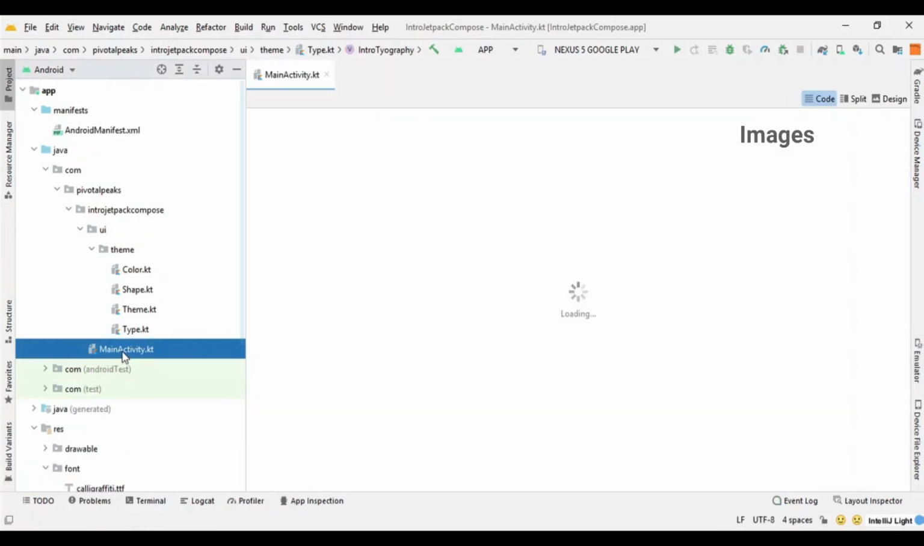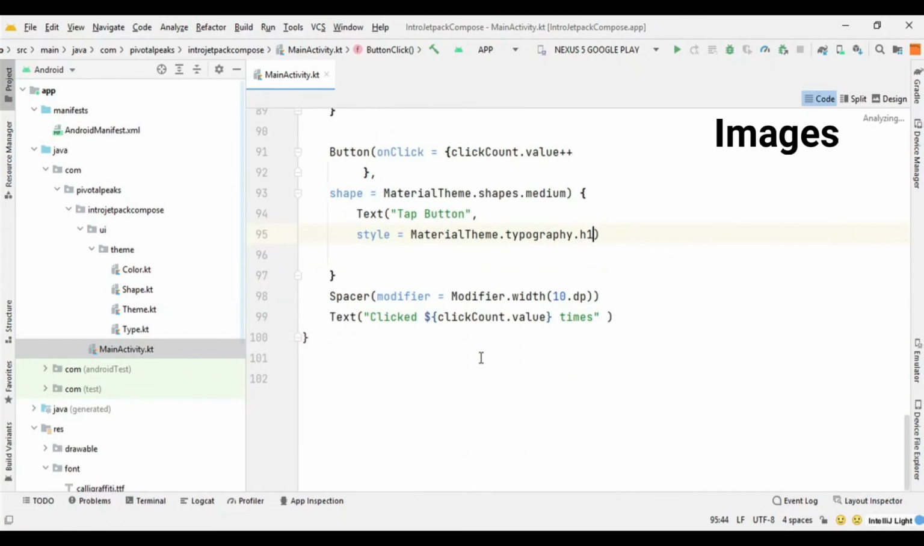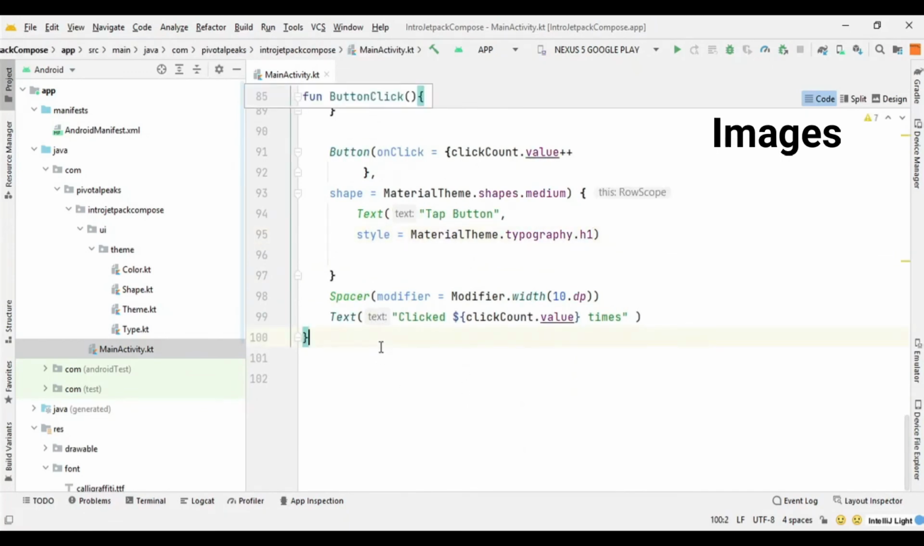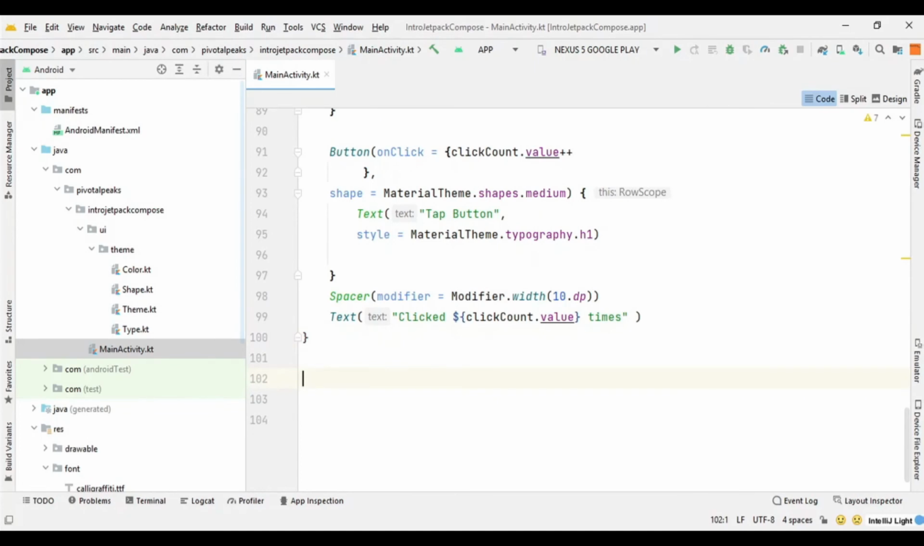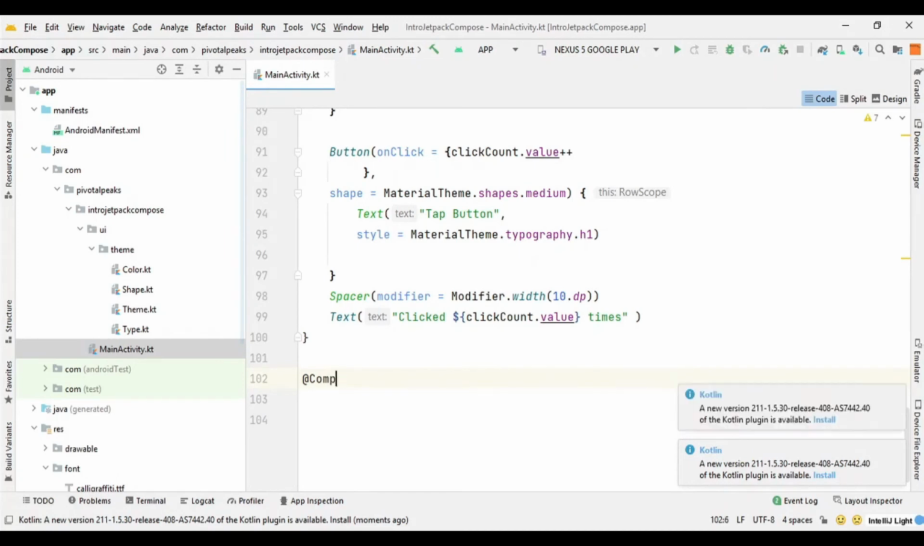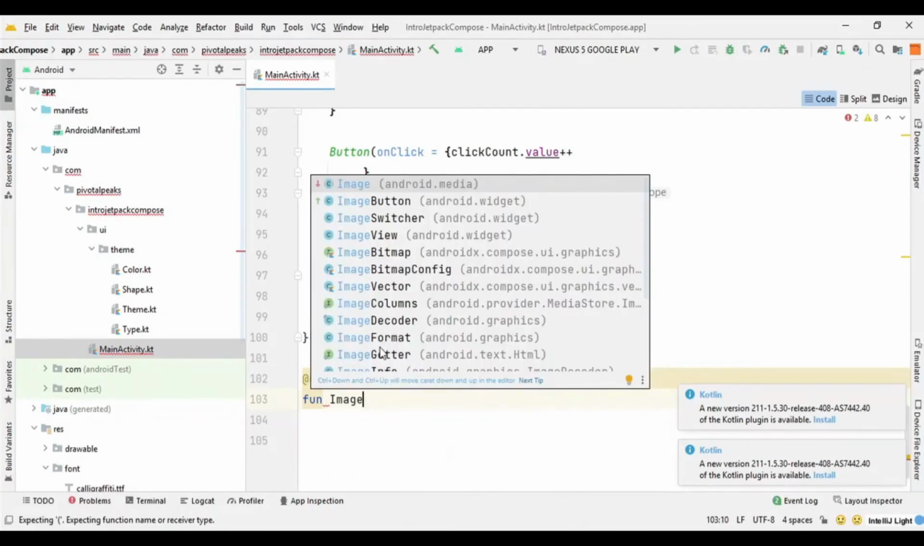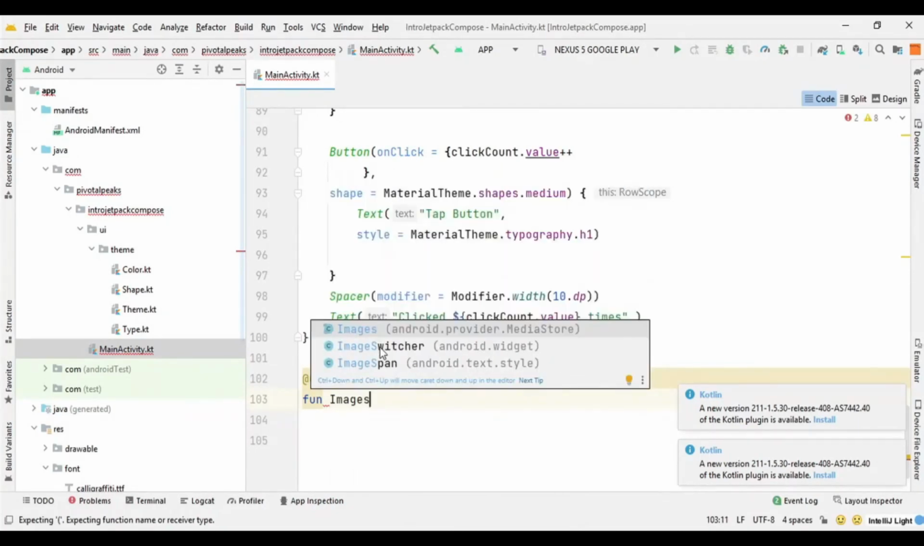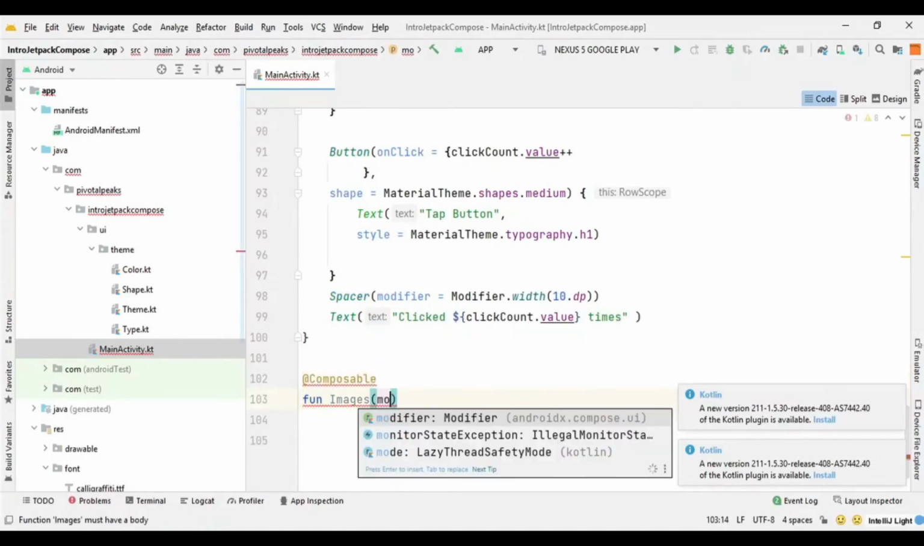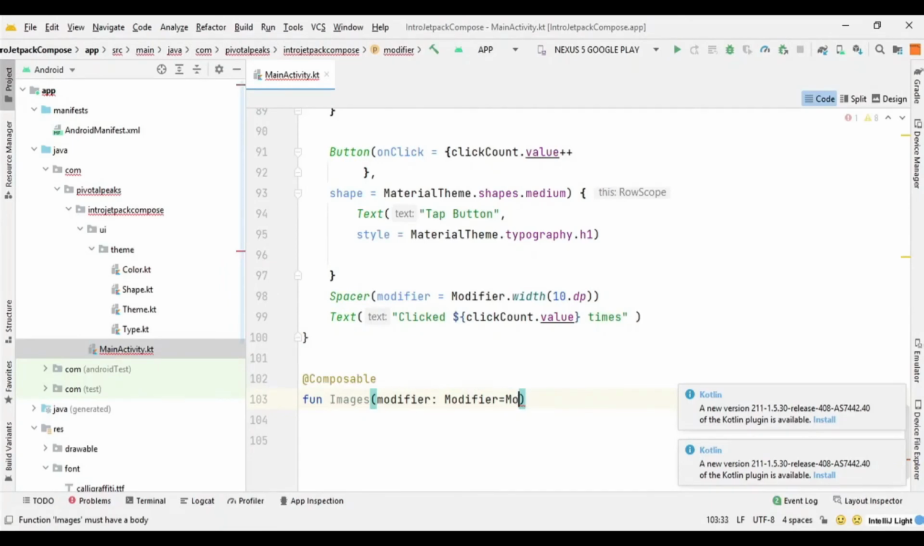So first we will go to the main activity, and we will create a new function for our image, where we can place the image. So I will say add composable function, and let's say images. So we don't need to import this one because it's a function. And let's initialize our modifier. So modifier,